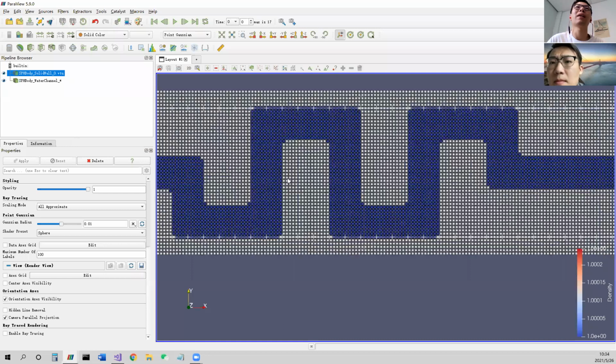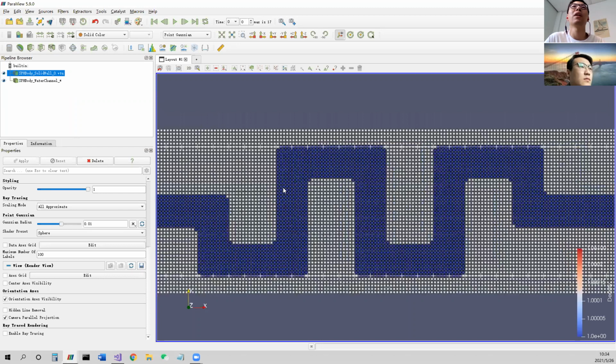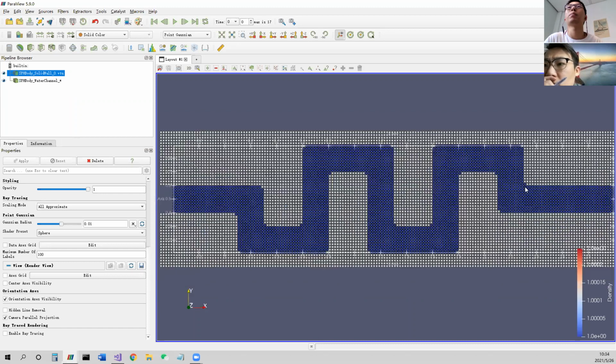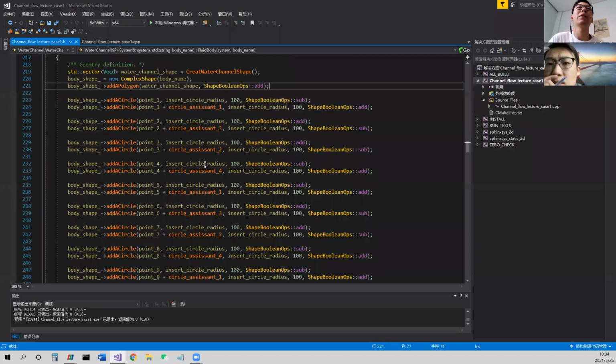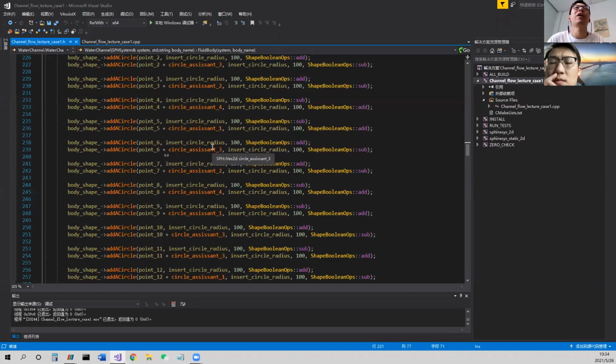It's a circle in the corner. If we don't add this circle, it's a straight. It's very straight, and it's not friendly for the flow to flow through. So we add the circle corner at each corner, and we can see it's more smooth. And we use this method to define it. It's very complex, but you can try it by yourself, using this Boolean operation, and you can build many